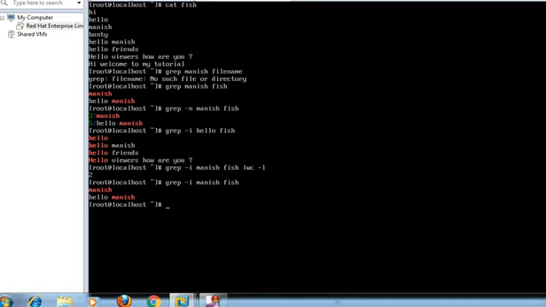So now let me go with another example. If you want to view the contents of the file without a word, then what command should you use? You must use the flag -v, small v. Now see, it would not show you the lines with the word Manish. Without that, it will show you the other contents of the file.